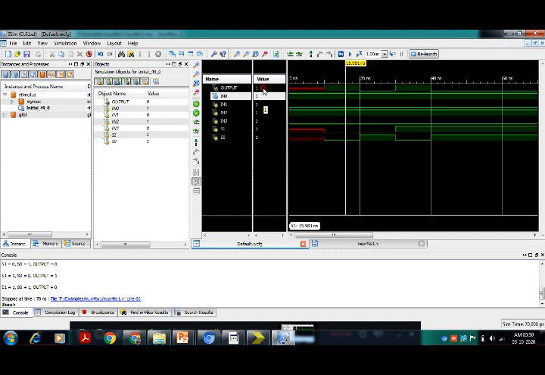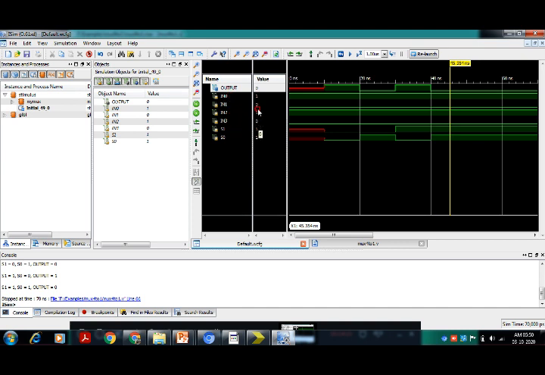You got output value as 1. Then next was 0 1. In that case IN1 need to be selected, so output is 0. 1 0, in that case IN2 need to be selected, so you are getting 1. For 1 1, IN3 need to be selected, whose value is 0, so you got output 0.